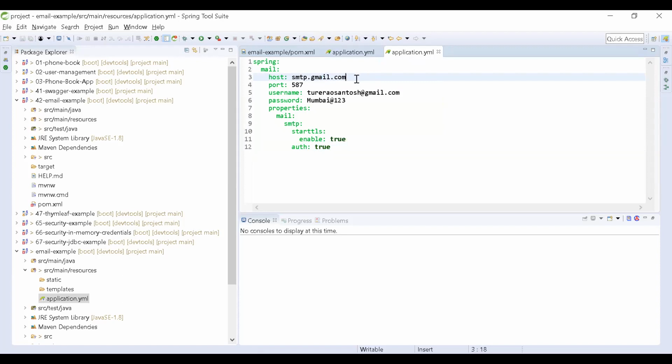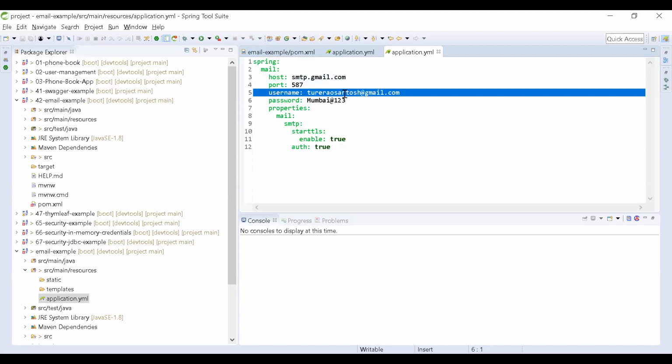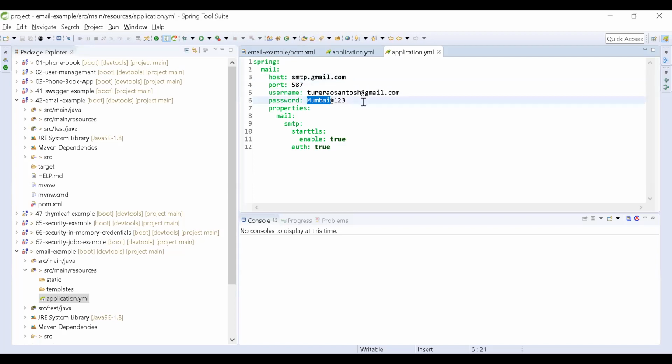So all of those who have a Gmail account can use smtp.gmail.com. Then by default the SMTP port is 587. This is my username, meaning my email id. This is my password. And you have to set starttls enable true and auth true. This is the first step. You have to configure everything.